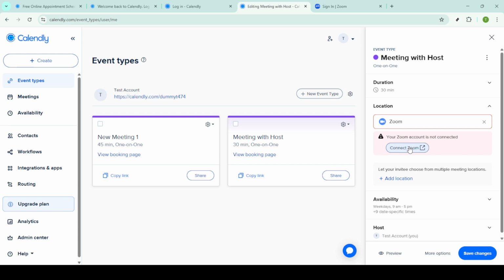Congratulations, you've reached the end of the tutorial on how to connect Calendly with Zoom. Remember, this integration can save you a lot of time and hassle, helping